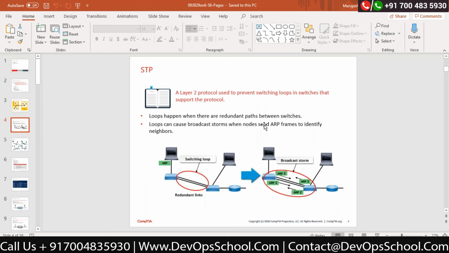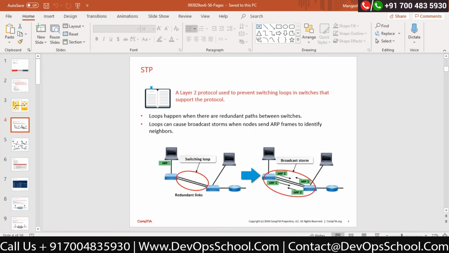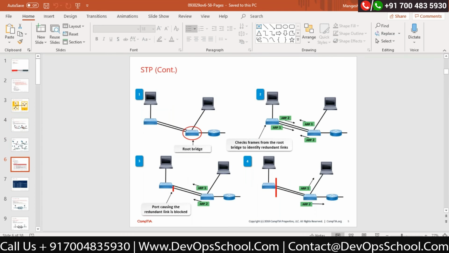It is the spanning tree protocol to avoid the loops which happen on top of the switch in certain conditions, something like this. Correct? So understand STP is a layer 2 protocol which will help you in order to stop the looping. We will see what the technique behind that is, why that looping is stopped, and what are the processes which we can do. Correct?